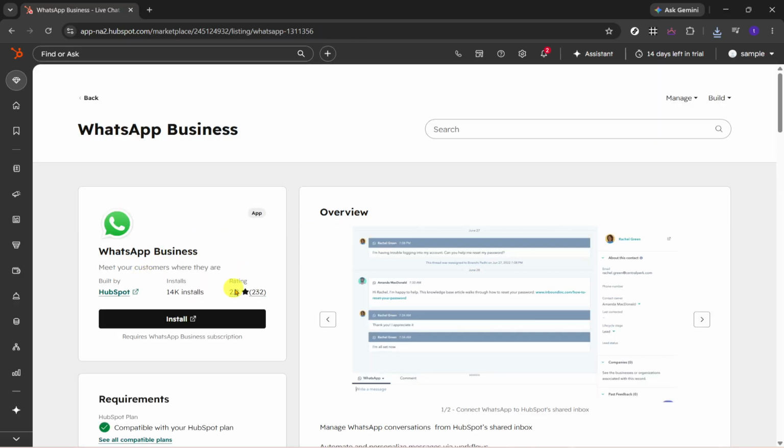Next, click Install. After selecting Install, follow the on-screen procedure to complete the setup. The exact prompts may vary slightly depending on your HubSpot account permissions and the connection requirements, so simply proceed through each screen in order. You may be asked to review permissions, confirm access, or approve the connection before the integration